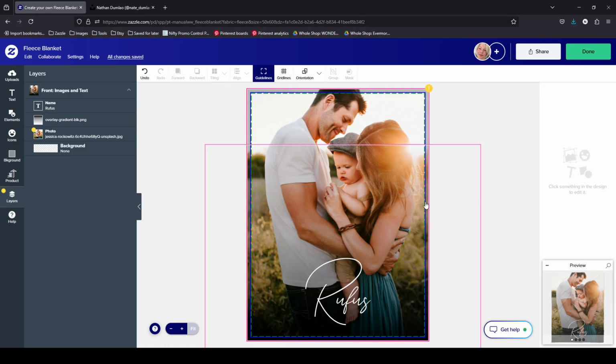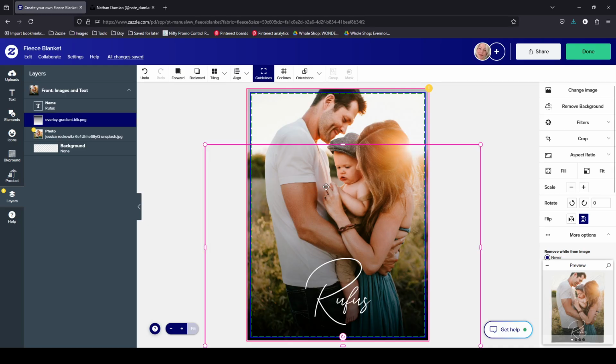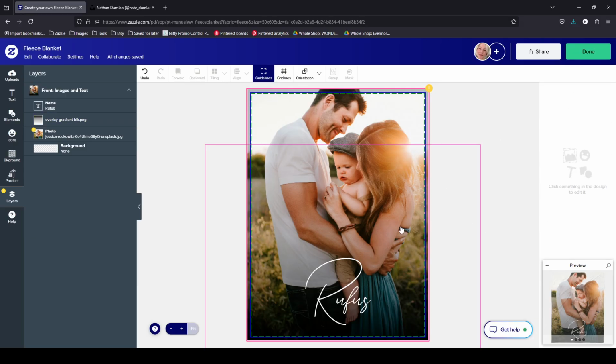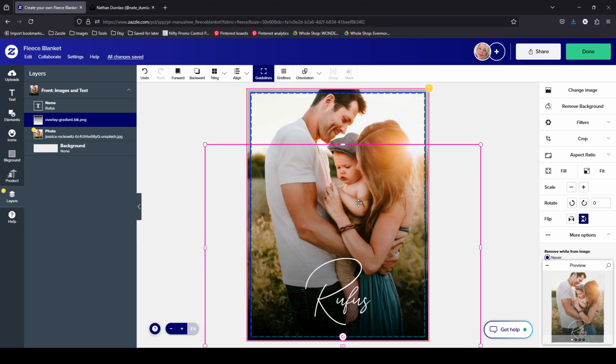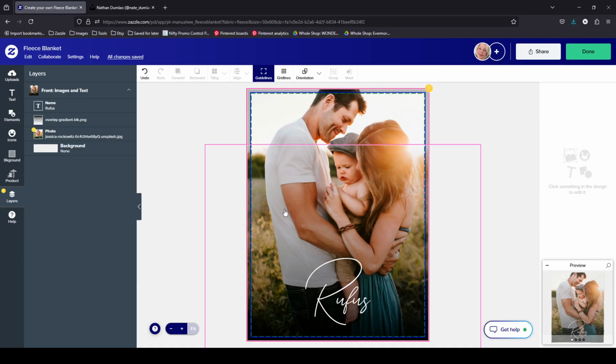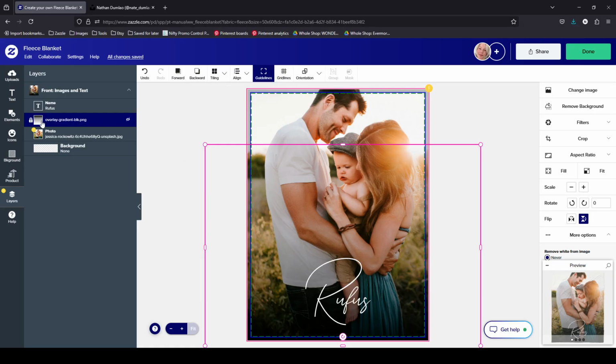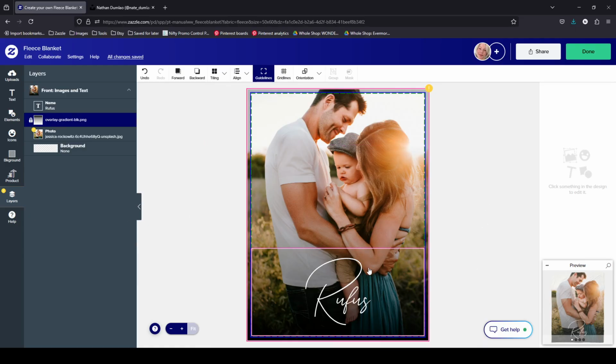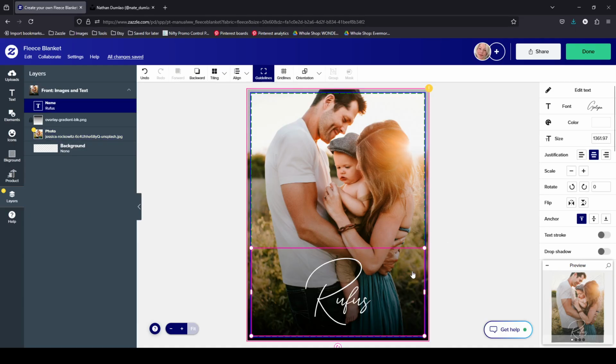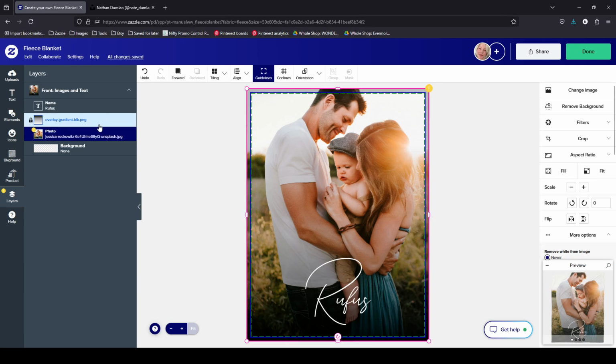Okay, so now, as I said, when you want to select the photo, as soon as you mouse over here, you can see that pink border that shows up. That is the boundaries of the overlay. If you're a customer who wants to customize, they're not going to understand why it is not selecting the photo when they click there. So whenever I use one of these overlays, I select it, and then on the left you see the little padlock that shows up to the left of the thumbnail. If you click on that, it locks that gradient. Now if I click, it doesn't matter where I click, I'm either going to select the text or the photo. I can't select that gradient because it's been locked,